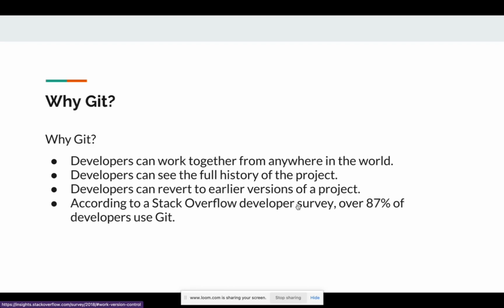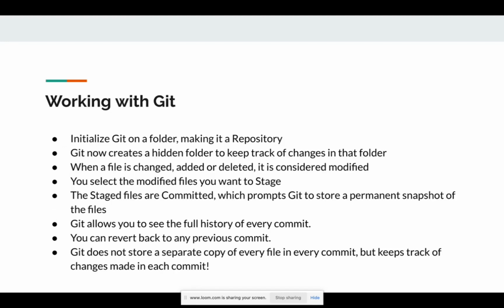According to the Stack Overflow developer survey, over 87% of developers use Git. I'm not sure there's a developer that doesn't use Git, a working developer, not a beginner. Some beginners can just do stuff locally like what we are doing without using Git, but almost all developers use Git.